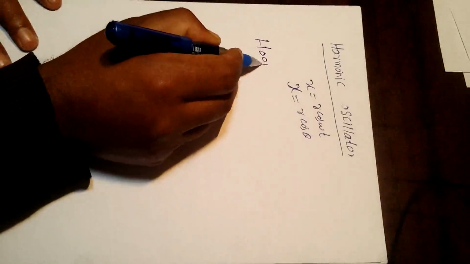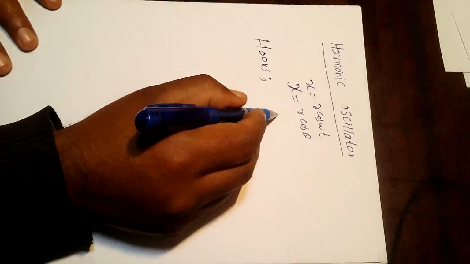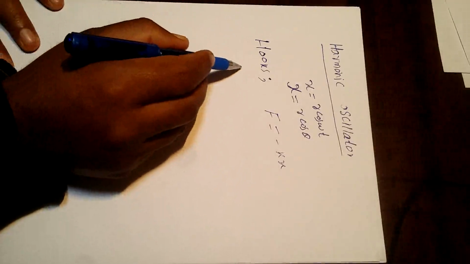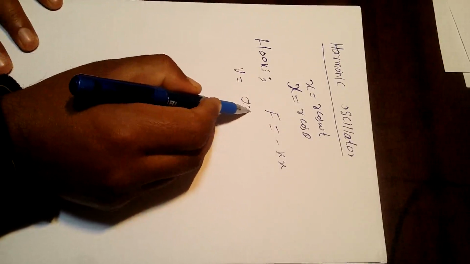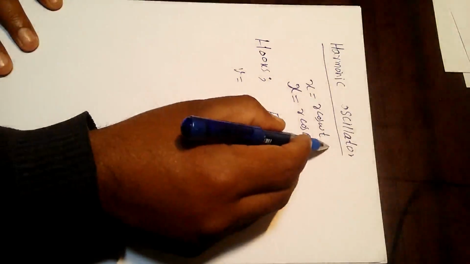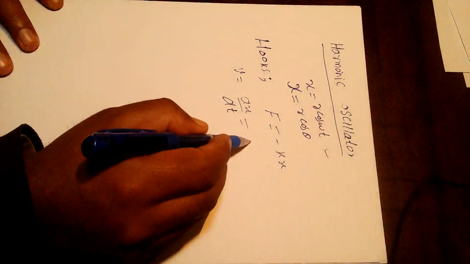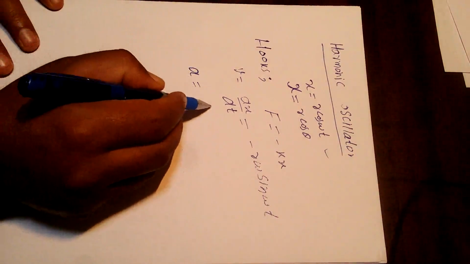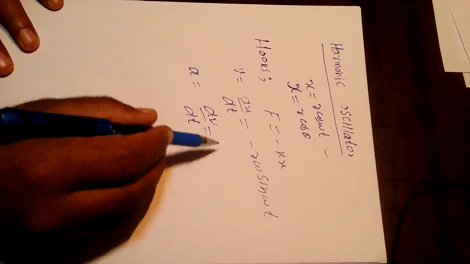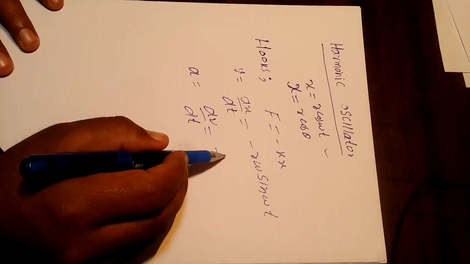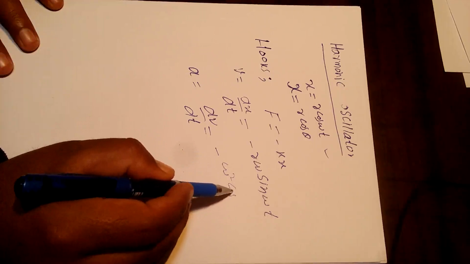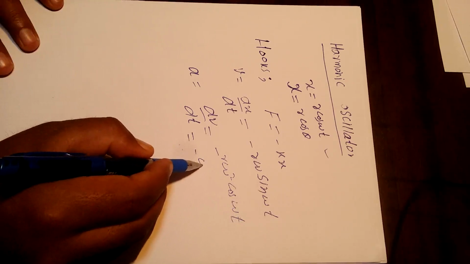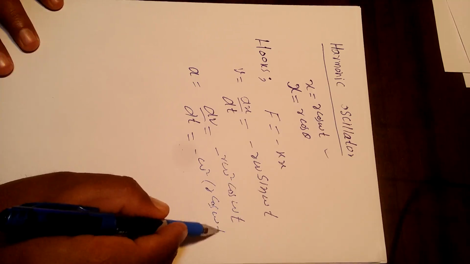And what is Hooke's law? According to Hooke's law, F is equal to minus kx. We know velocity v is equal to dx divided by dt. When we take the derivative of r cos omega t, it will be minus r omega sin omega t, and acceleration will be a is equal to dv divided by dt, which is equal to minus r omega square cos omega t, which is equal to minus omega square r cos omega t,